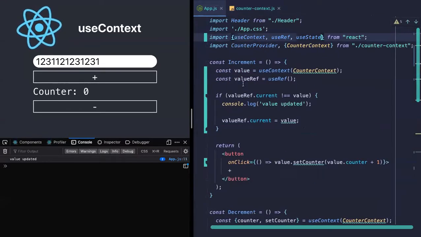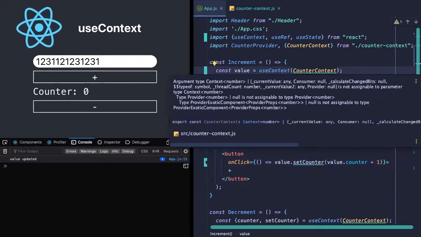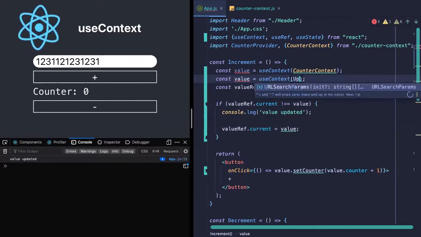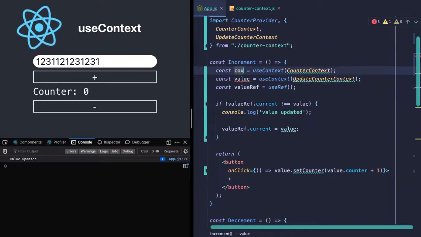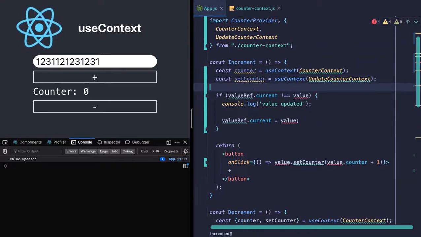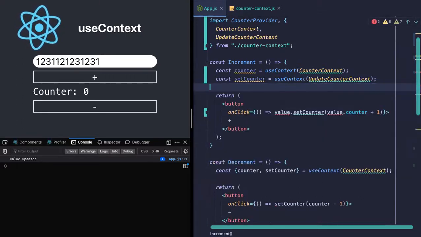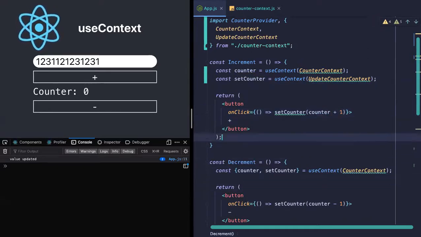And here, in our implementation, we'll have to update it, because earlier we were getting setValue and counter both from our counter context. But now we'll have two contexts. One is the counter context, the other one is the update counter context. This one was giving us a counter, and this one would be giving us a setCounter, right? And I can just get rid of this value and call counter directly. All right, and yeah, let's see.